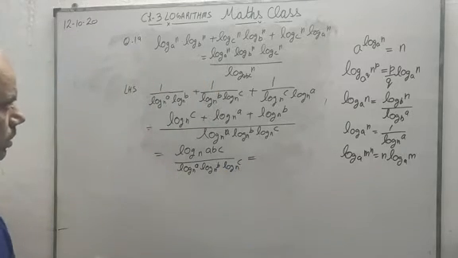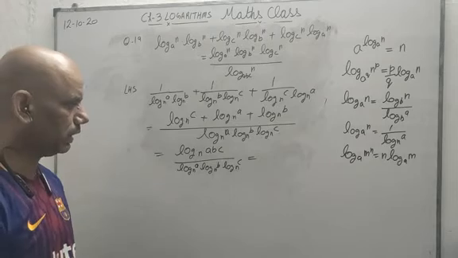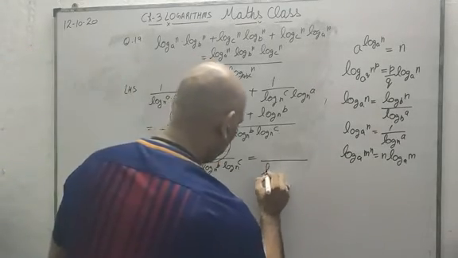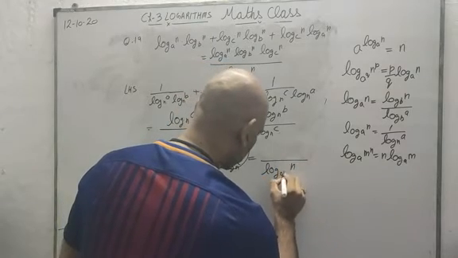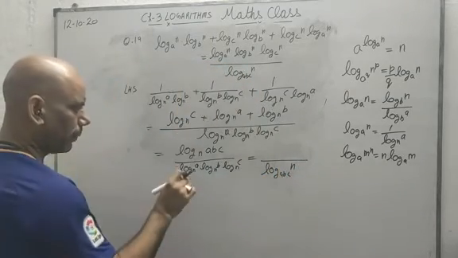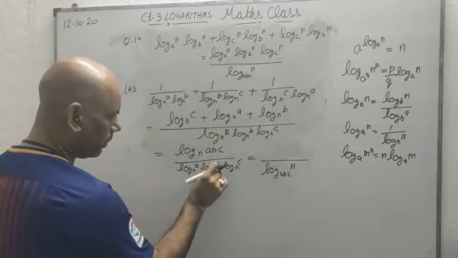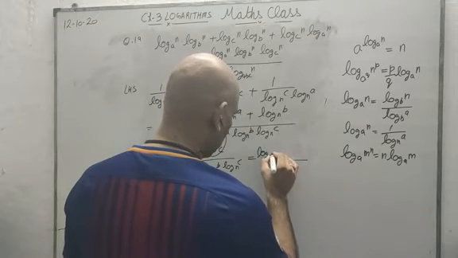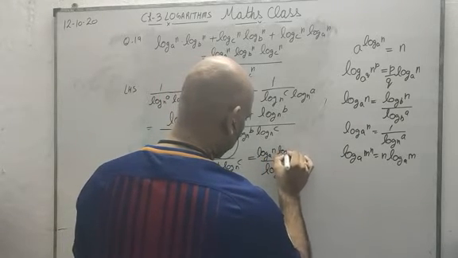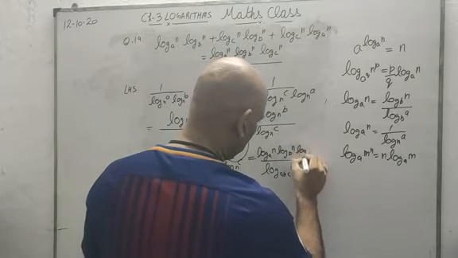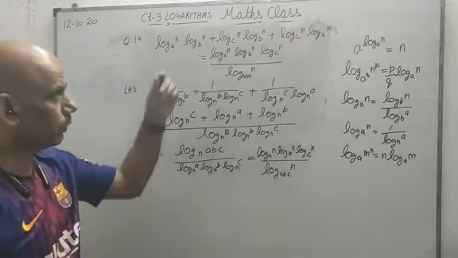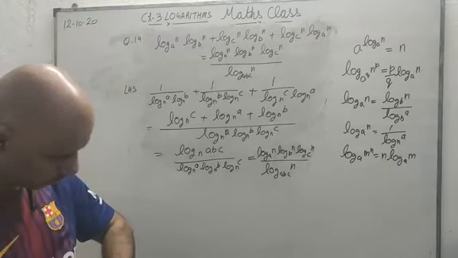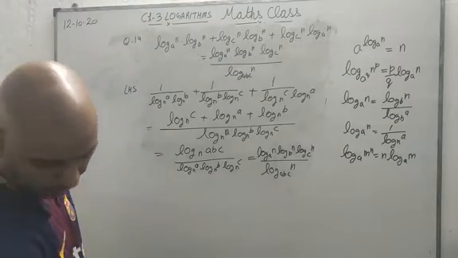And now you can see that something like this is there, but their order is changed. So if this thing comes in the denominator, it will become log n base ABC, and when this goes up, it will become log n base a, log n base b, log n base c. Their base and exponent will be changed. So this way we will be able to prove what he is asking. So this was question number 19, sorry.